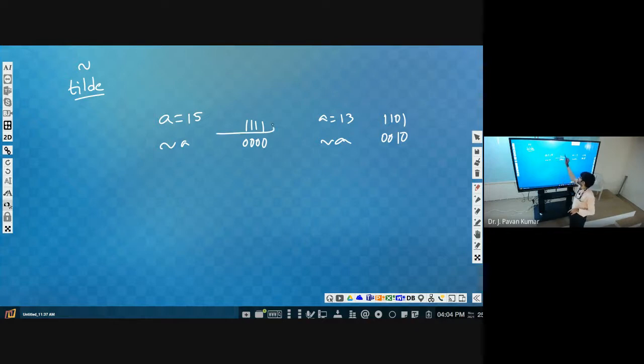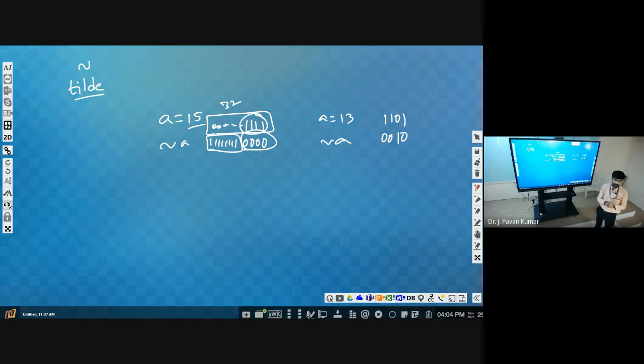But here we will be having zeros as well, right? So all those will become 1. Understand? 15 means we are considering 4 ones, but before that 28 zeros will be there. Why? Because the total 32 bits will be occupied. So the remaining 28 bits will be zeros. Those all 28 bits will be changed to 1. These 4 bits will be changed to 0. This will be the magnitude.